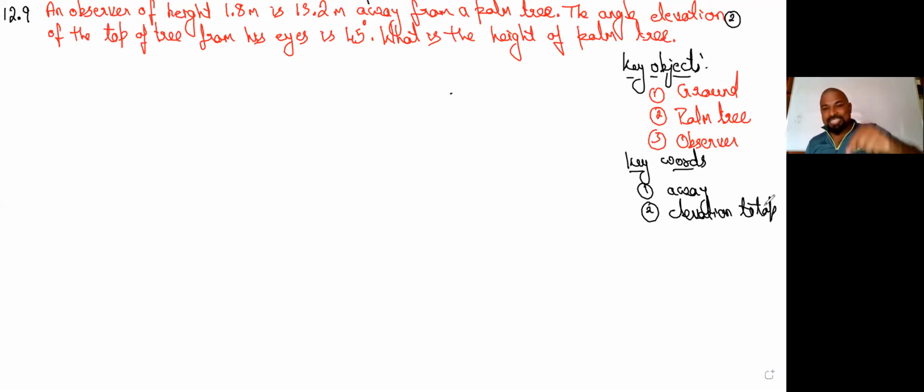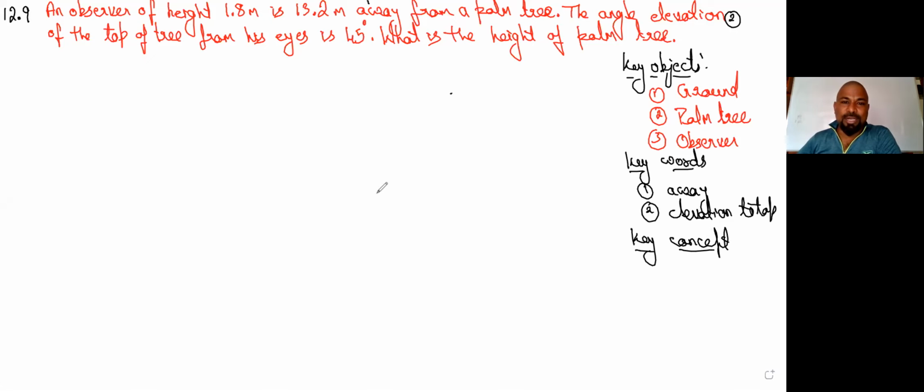And the next one is angle of elevation. Elevation means he raised his head to see the top. We know that if he looks down, if the object is below, we call it the angle of depression. Now, as I said, the very, very important key concept is